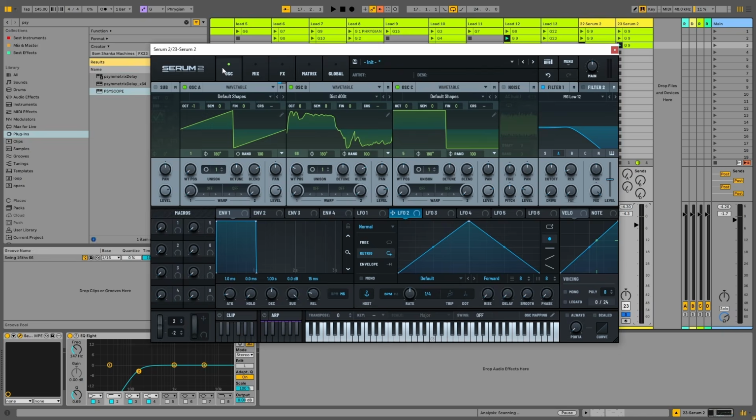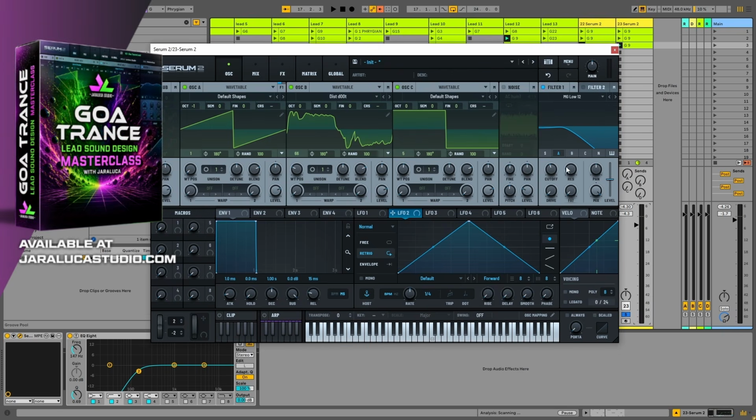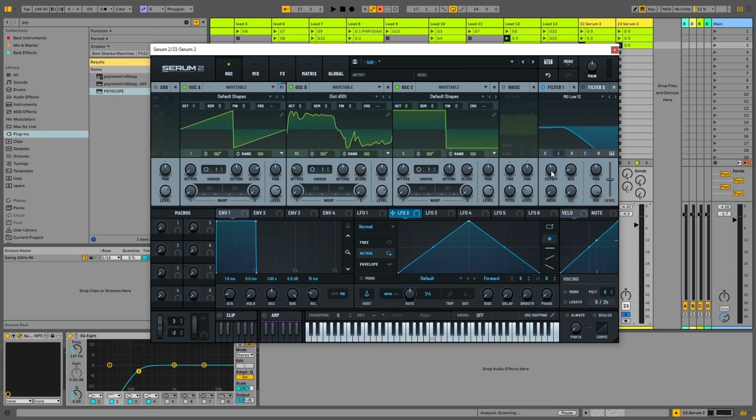Now this filter is on, but just on oscillator A. So if it's on oscillator A, you can barely hear anything it does. But if I do this,